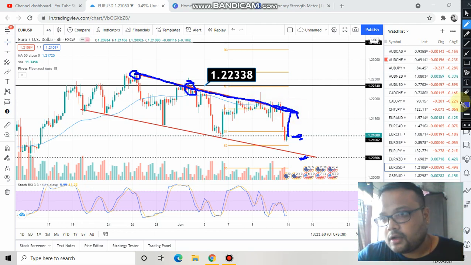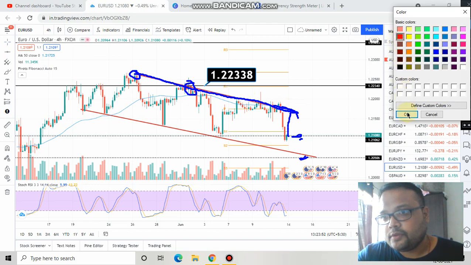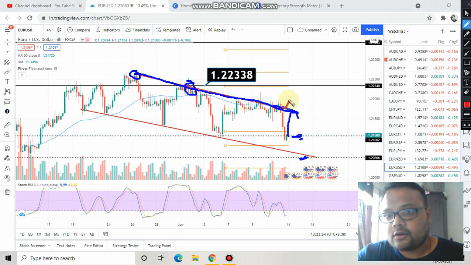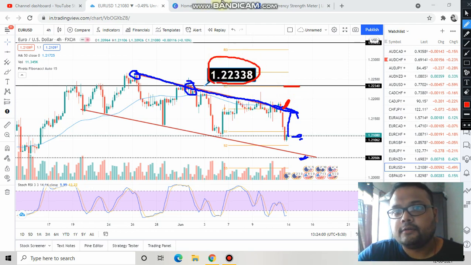And if the market crosses this level, do not buy. If the market crosses this level, do not buy. Again, you can short the market here, at the 1.2233 level. So there are many possibilities on the Euro USD chart available for us right now. On the other hand, if the market crosses this level, then also you'll get a buying opportunity,